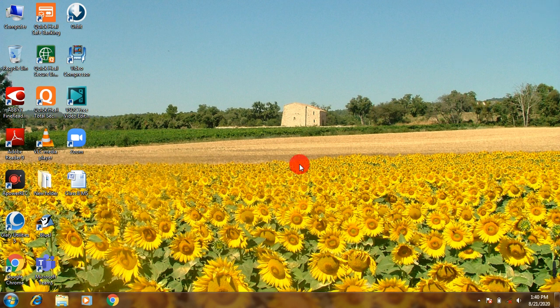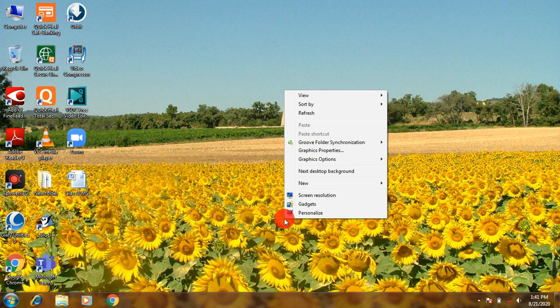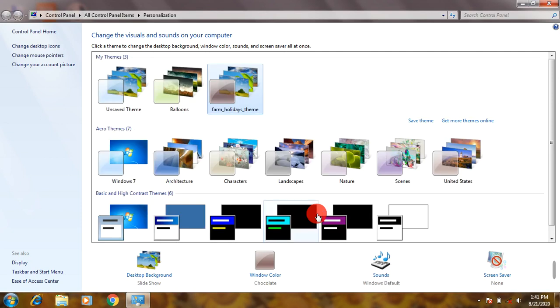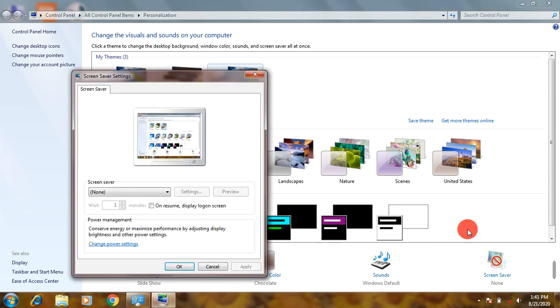So first I am going to show you how to set a screensaver. To set a screensaver, right click anywhere on the desktop, click on personalize option. Here you can see a screensaver option. So click here. This is the screensaver settings dialog box, and from this drop down box, select any screensaver of your choice. For example, I am going to choose this bubbles,